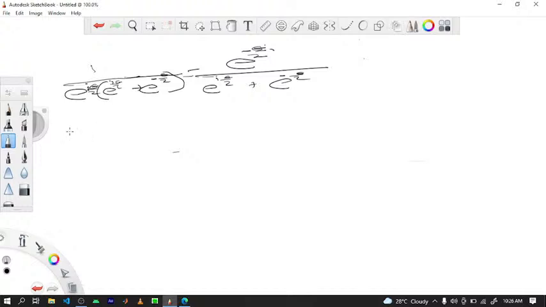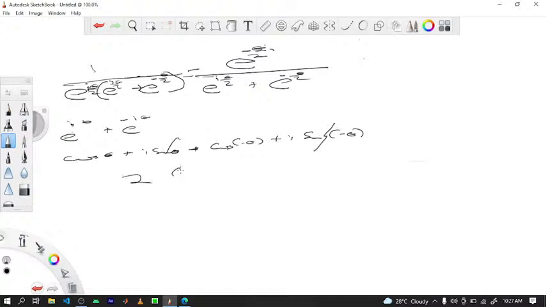So if you have a complex number, let me quickly prove it using De Moivre's theorem. If you are having, let's say, e to the power i theta plus e to the power minus i theta, right? This becomes cos theta plus i sine theta plus this side you get what? Cos minus theta, then plus i sine minus theta. And this term cancels this term. So you get what? 2 cos theta. That means at the denominator here, we are going to get,